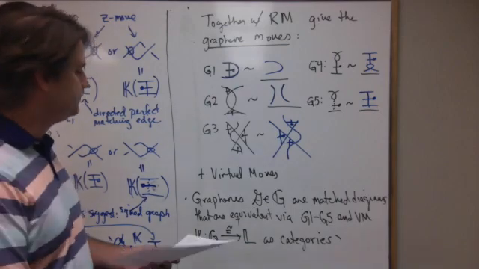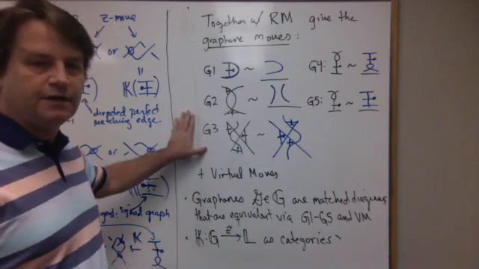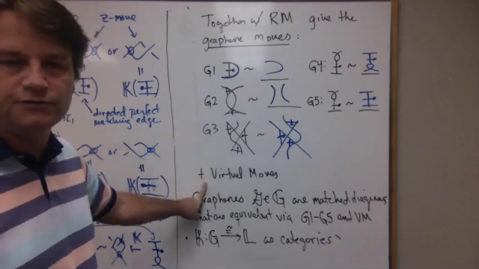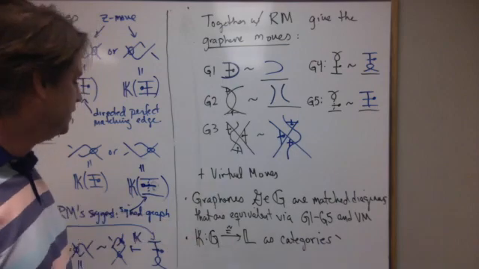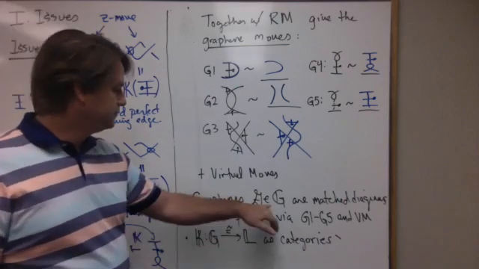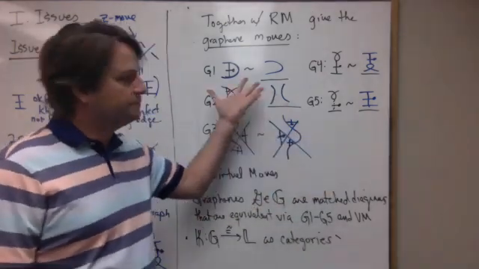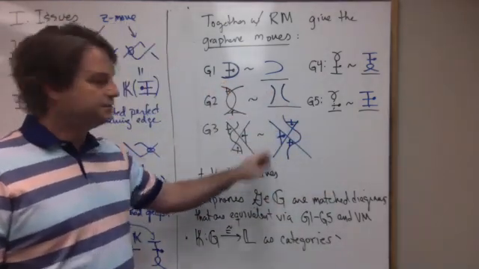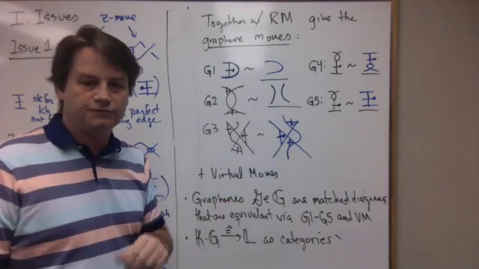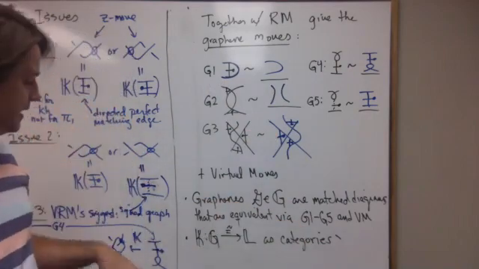Okay, so if I have these moves on a trivalent ribbon graph, and I add in all the regular virtual moves that you know and love, then I get what are called graphenes. So graphenes are match diagrams that look like this, modulo the equivalence relations of G1 through G5 and the virtual moves, and then